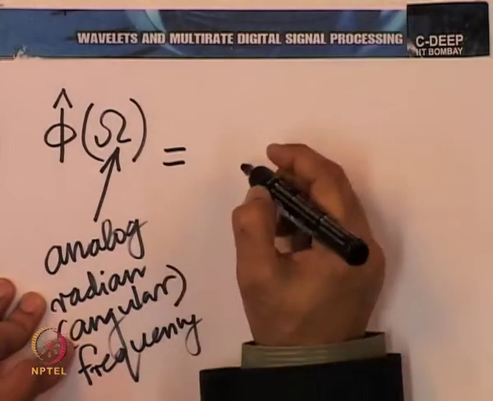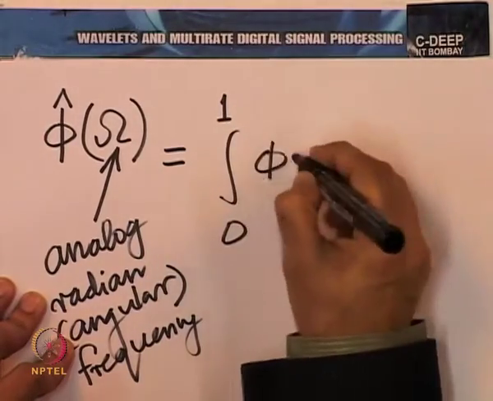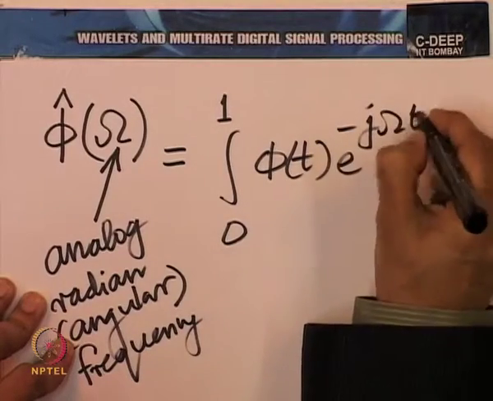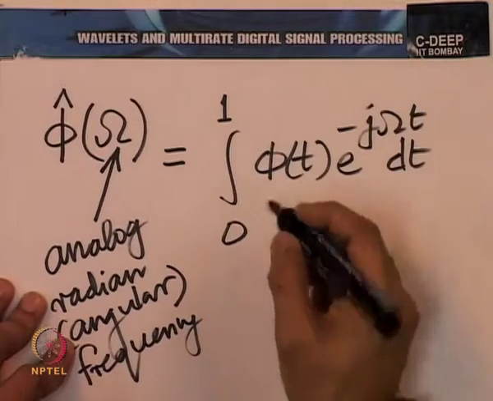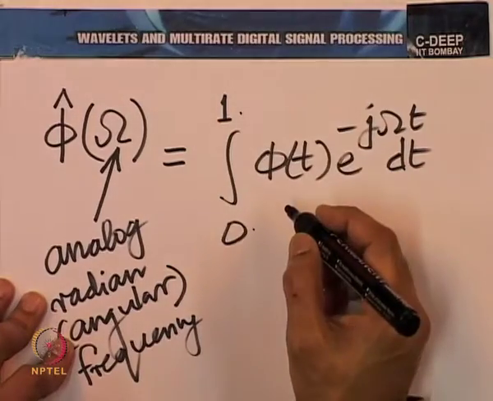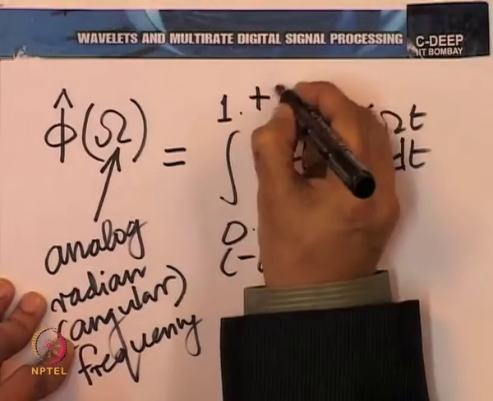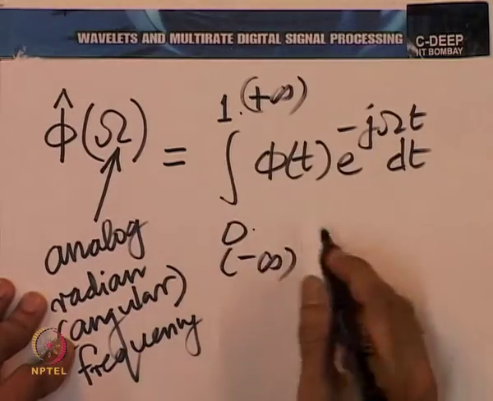And this is easy to calculate. Well, I am saying 0 to 1, actually I should write minus infinity to plus infinity, but the non-zero part is only between 0 and 1. So, it is also all right to write